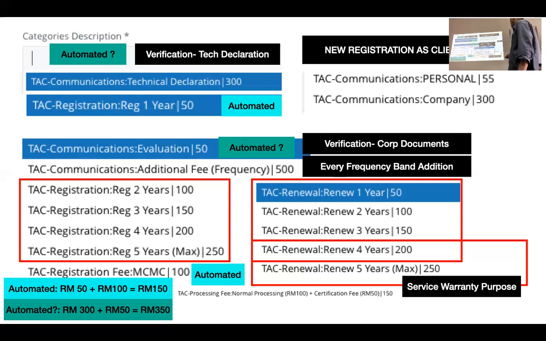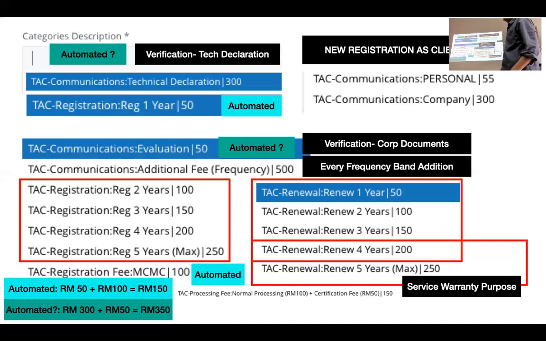Service warranty. Sometimes the product is only 4 years, because its dates are 2018, for example 2009, 10, 11, 12, 13. But they submit now, they renew an extra 1 more year. Why? Because of the warranty. Sometimes it is about to be phased out. Even though it is about to expire from the test report date already, or has already expired, we still allow some renewal because of service warranty.